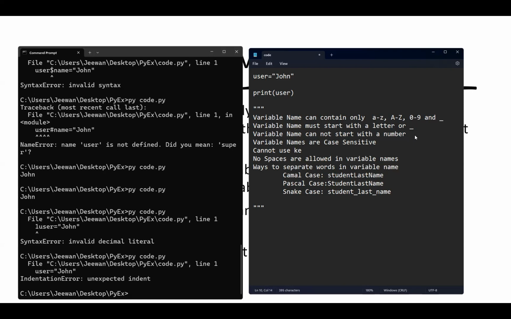There is a set of predefined Python keywords which you cannot use as variable names. Now, for an example, we have